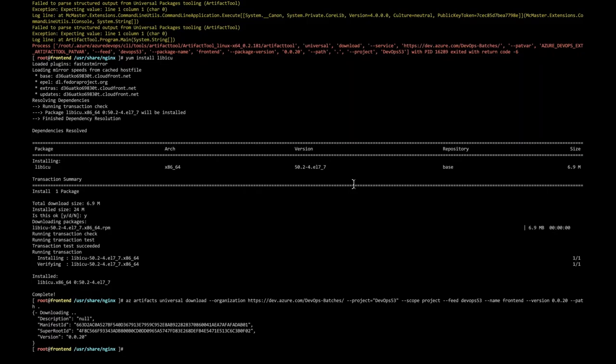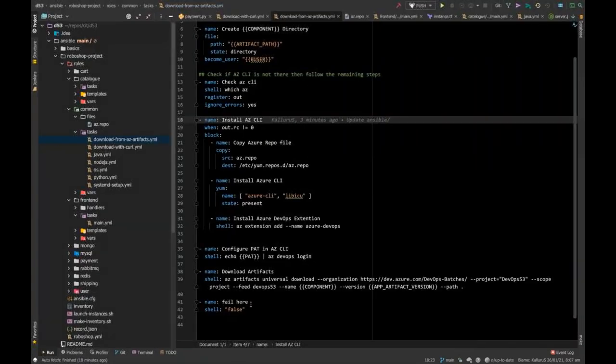Okay, so this is the code. I want to make it enhanced. If I just go and try to remove these false, and if I run it,